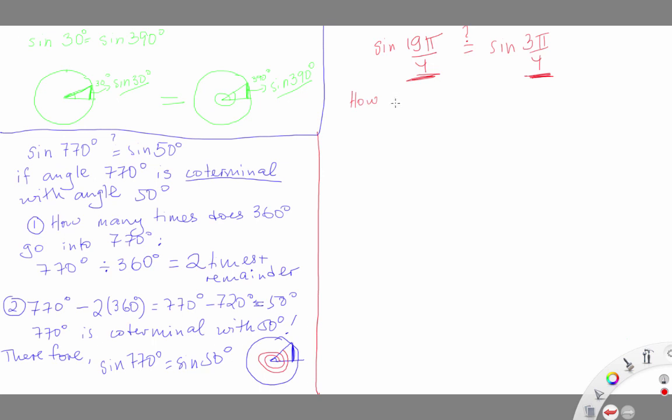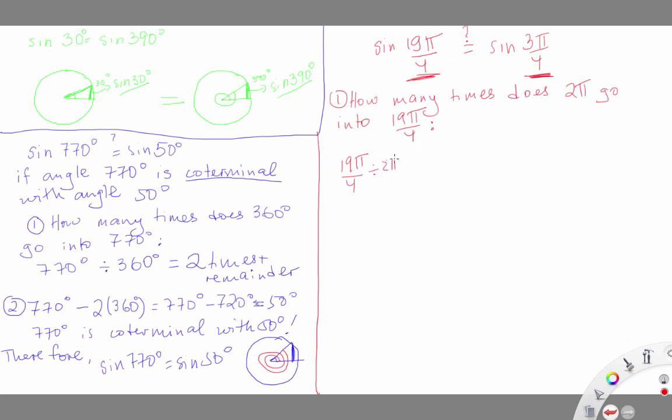How many times does, instead of 360, we're going to say 2 pi, because 360 is equal to 2 pi. How many times does 2 pi go into 19 pi over 4? Well, to find this out, here we divided 770 by 360. So in this case, what we're going to do is divide 19 pi over 4 divided by